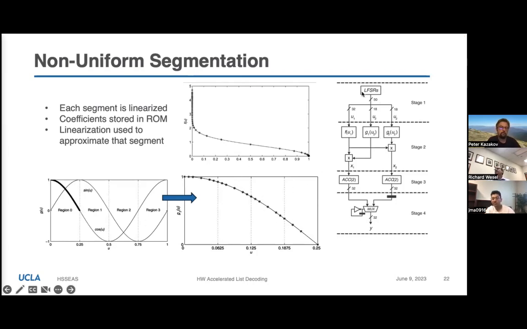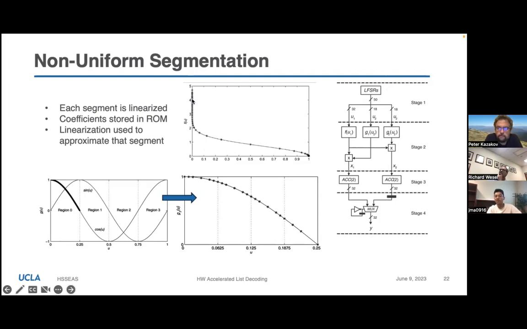In hardware, this is the overall hardware structure, where the first stage is the generation of the uniform random variables, which is just a Tausworthe generator. Those inputs get fed to the approximations of F, G, and U. Sorry, I should probably explain this a little bit more. So in hardware, what happens is,